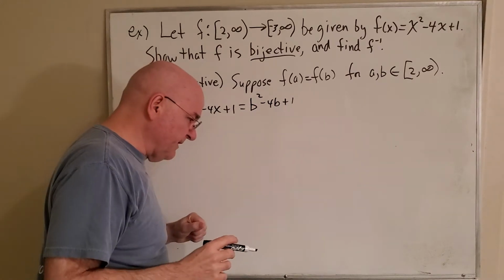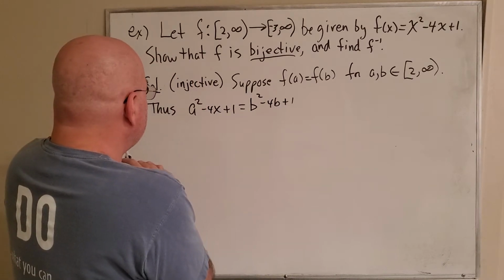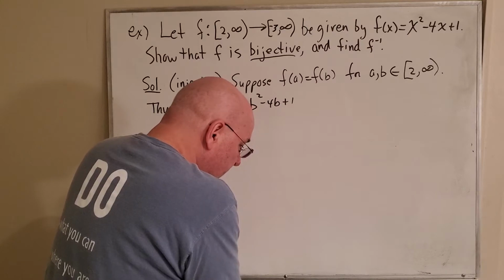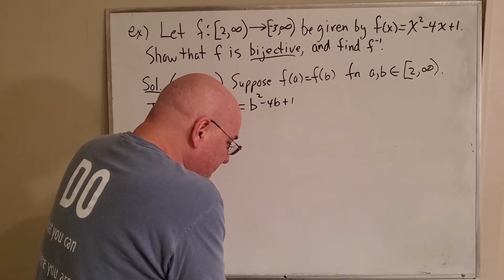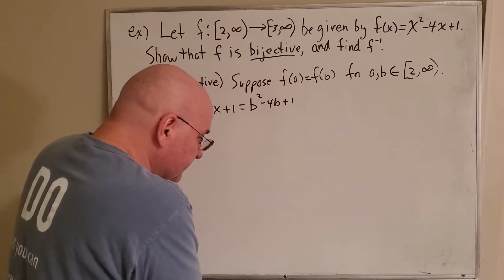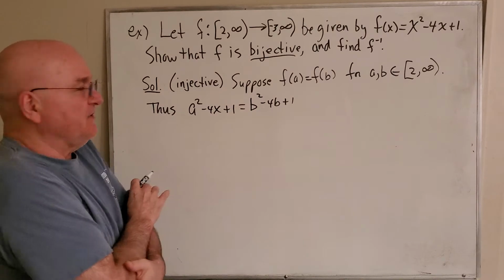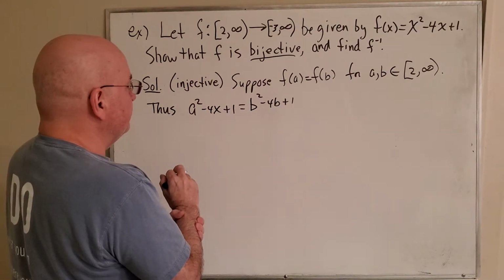Well, we'll do a little bit of algebra on that, and let's see, we'll get to the point when we set them equal to each other that, now I'm going to do a little trick here, I guess. If that's true,